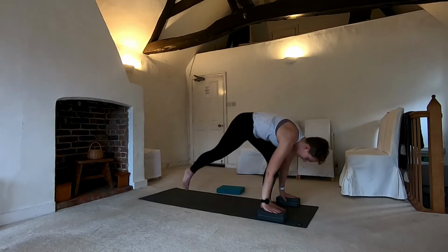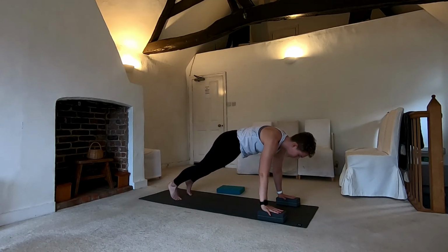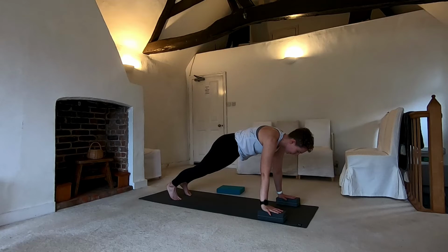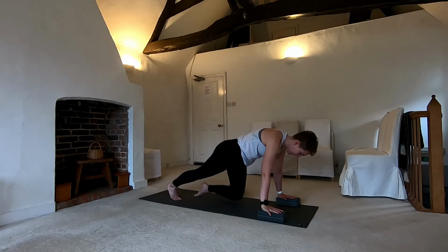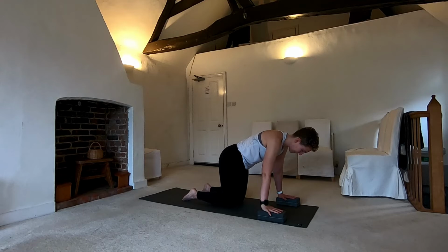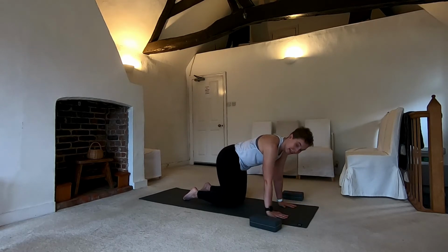Step or jump back into plank. So keep the chest over the hands. Lifting the abs as you push into the floor. Shift the shoulders a little bit further forward so you really get a strong connection into your belly. And then here we're going to drop the knees under the hips, but keep that strength through your spine into